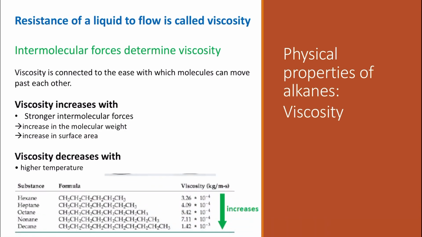each other easier. And as you can see from this table, of course, viscosity only applies to liquids, not to gases, because gases can flow very easily and they are not connected. So for the members of the hydrocarbons which are liquids, we see from hexane, which has 6 carbon atoms, going down with the increase in the carbon atoms, there is an increase in the viscosity with